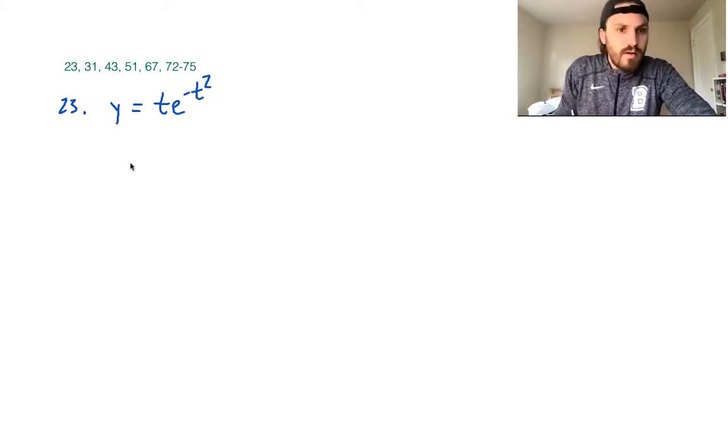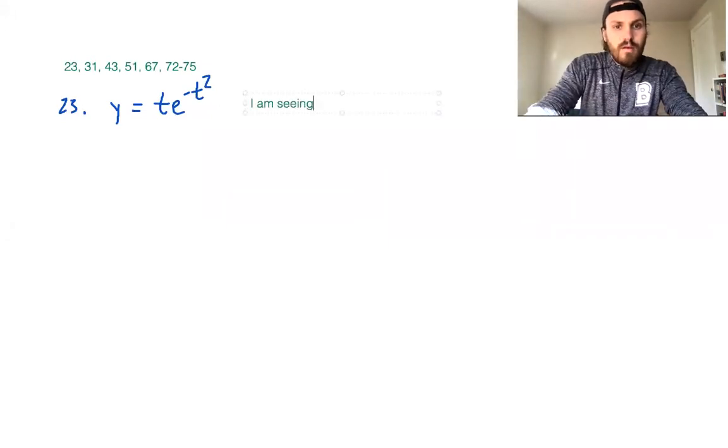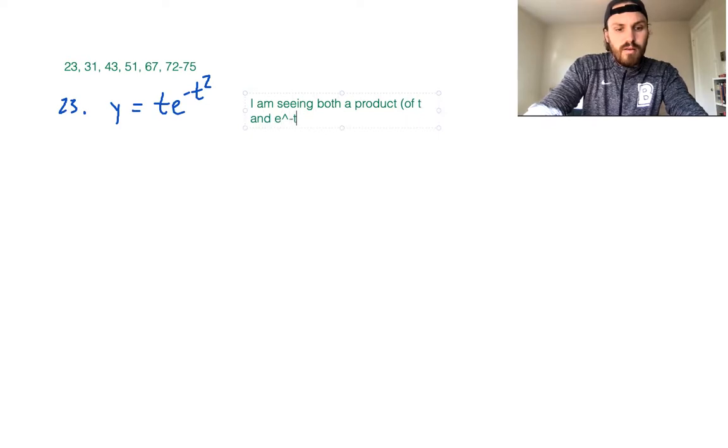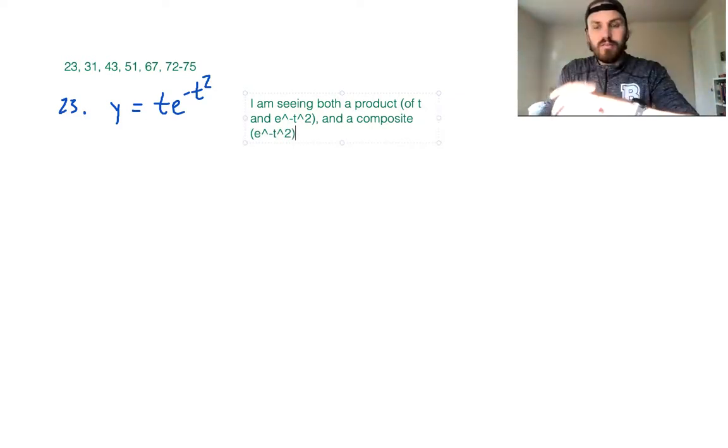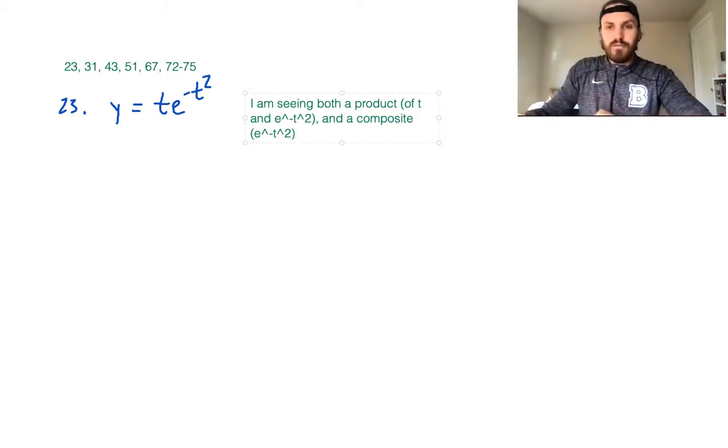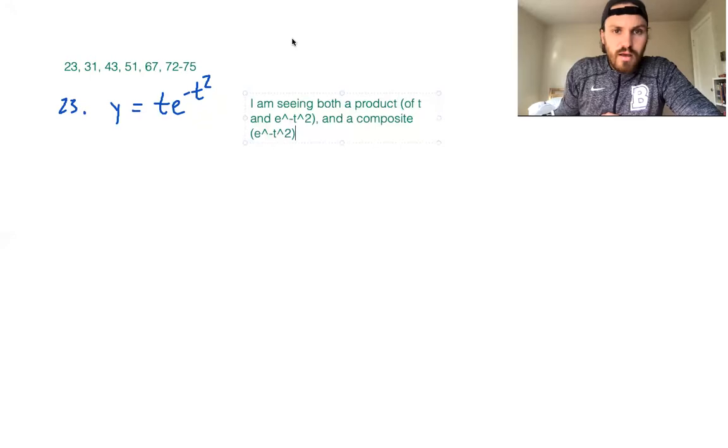I'm just going to move this a little bit. And we're asked to find the derivative. So what I'm noticing here is that I have t times e to the negative t squared. So I am seeing both a product of t and e to the negative t squared, a product of those two things, and a composite. In this case, that's e to the negative t squared, right? We've got the negative t squared function inside the e function, e raised to something function. So I'm going to need to use the product rule and the